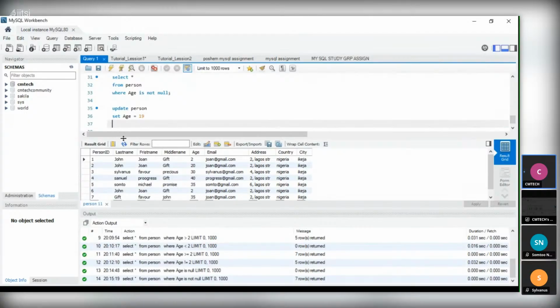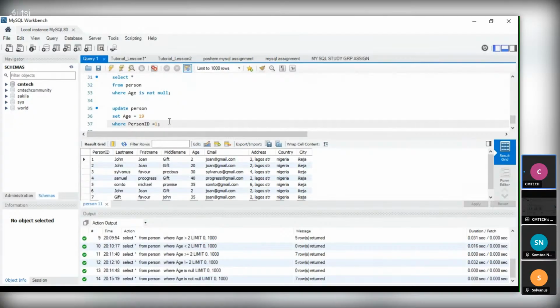Let's use 1. We are going to use the word where, person's ID is equal to 1, semicolon.